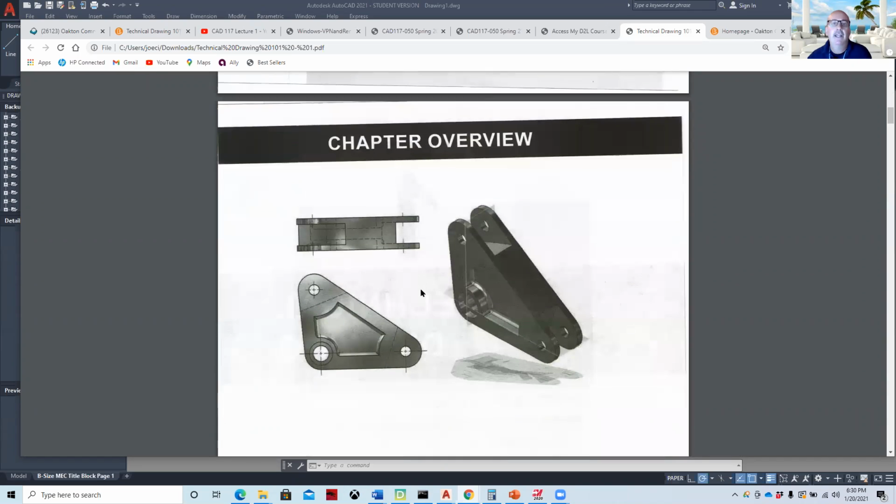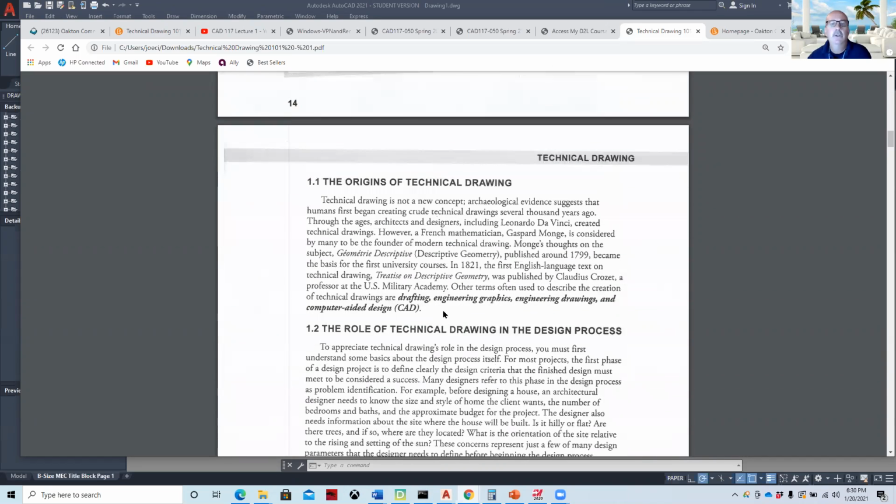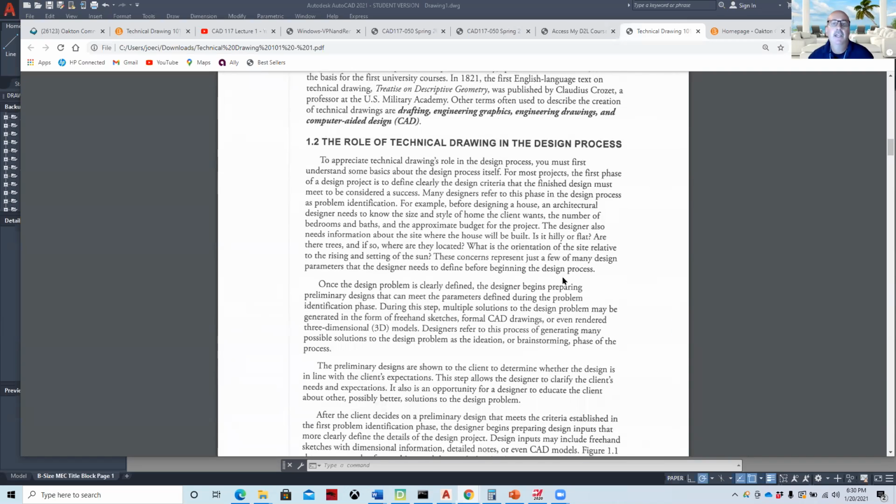And as we look at it, a lot of the book goes through these different standards like American Design and Drafting, American Institute of Architects, Society of Engineering, Professional Engineers, Department of Labor. And so it's a good way to be prepared for an interview, to be able to talk intelligently about the field. It talks a little bit about the origins of technical drawing back to the late 1700s and how graphic communication has